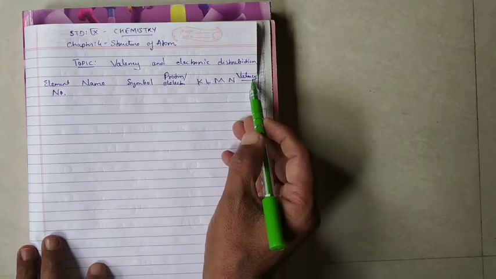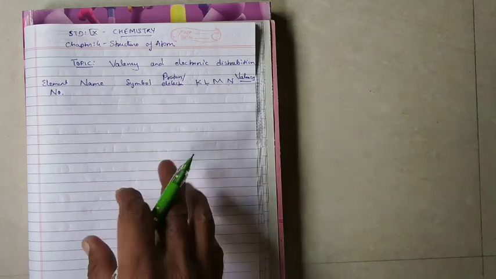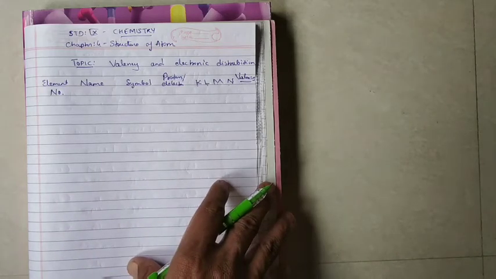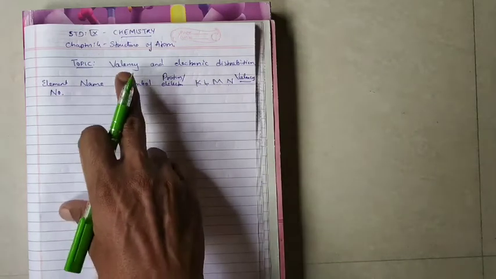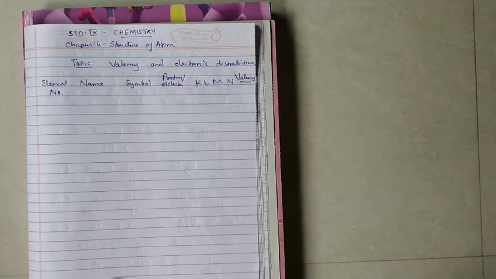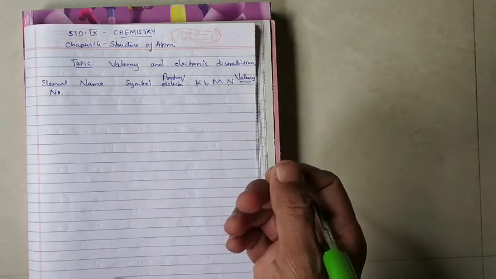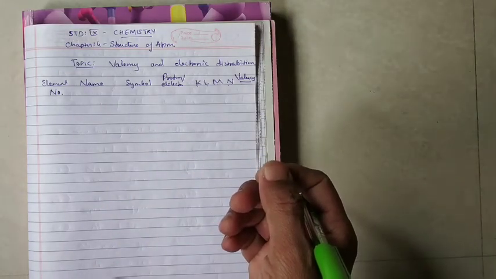Valency is directly proportional to the number of unpaired electrons in the outermost orbital. Orbital means shell. The number of unpaired electrons it can remove or add, from that we can find the valency. Some valencies are positive and some are negative, so there are two types of valencies. If no electron give and take place, then its valency is 0.